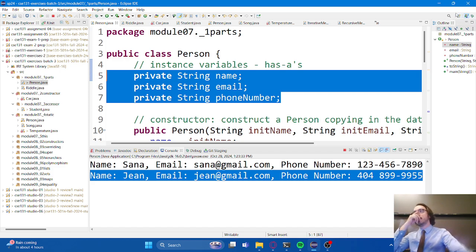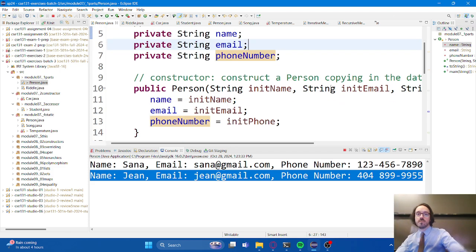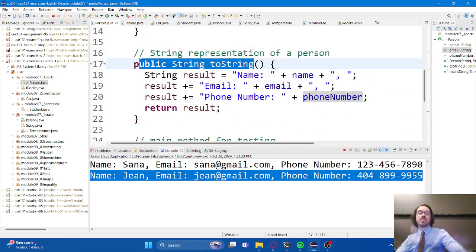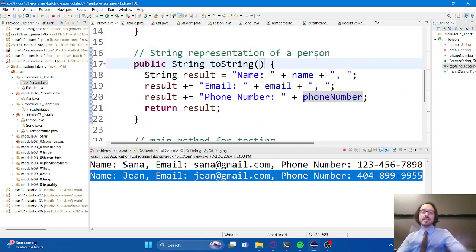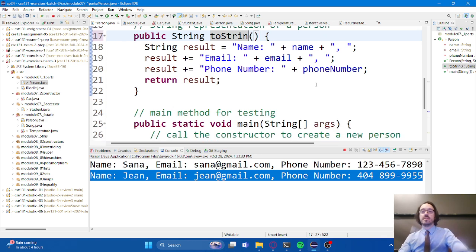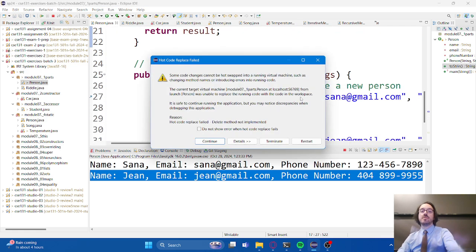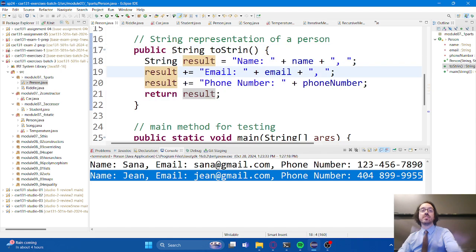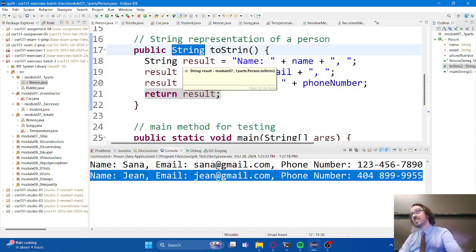Question, yeah? How does it work with the print only working with toString? Is it like a main function? Yes. Quite literally, it has to be called this. In fact, I can prove it to you if I make a typo or something. Does it matter what's inside of it? Well, it has to return a string, as the name suggests. It has to create a string.